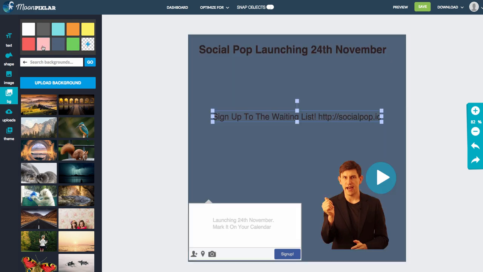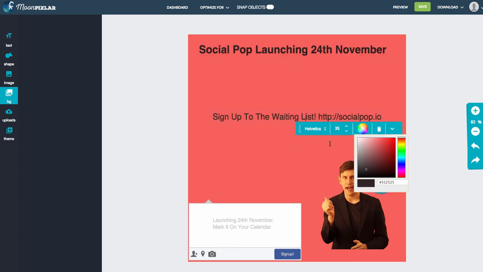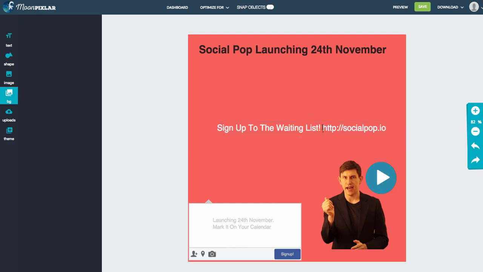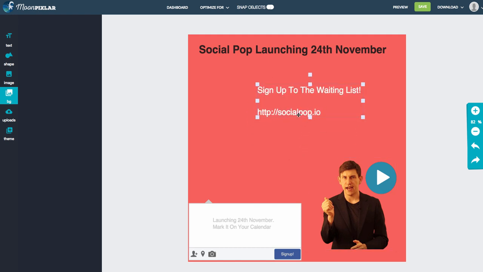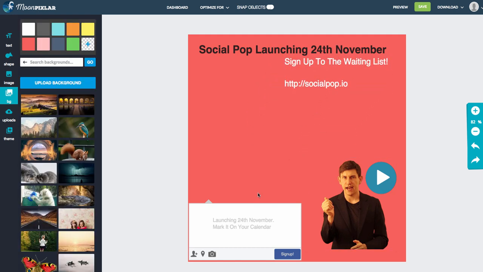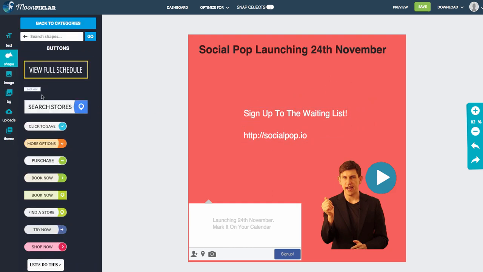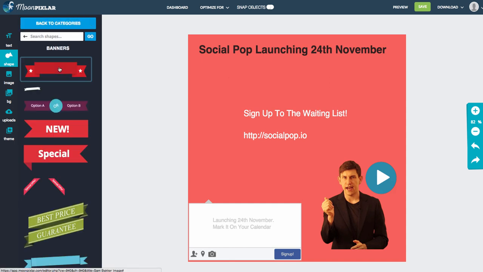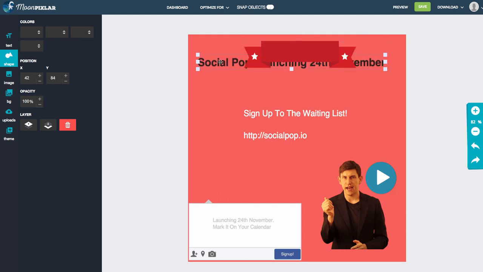We can change the background as well to make it a bit more standoutish. That's quite standoutish. You're not going to get too much more out there than this, so we'll make this white as well. So you can sort of see we're starting to build out our image, and you'll be able to play around with this as you want, but it is very easy to customize bits and pieces as you'd want. And we could add different images, we could add different shapes to the background, we could add banners if we wanted to the background, like this for example, and add this up the top, drag this down a bit,